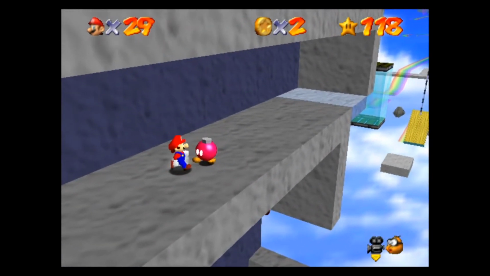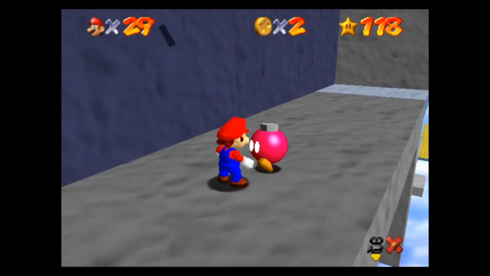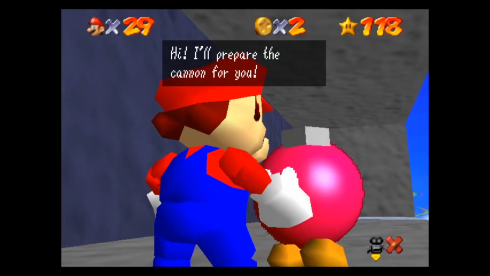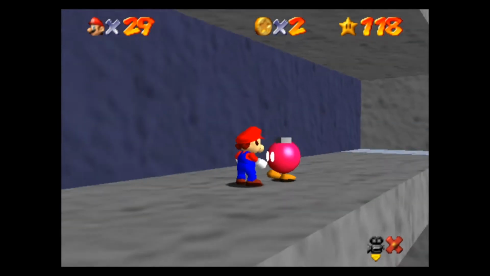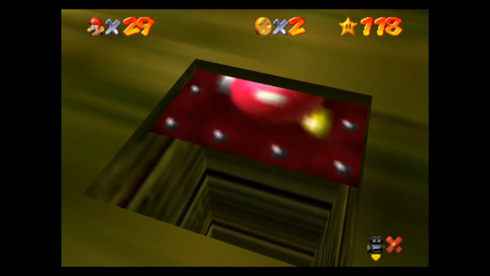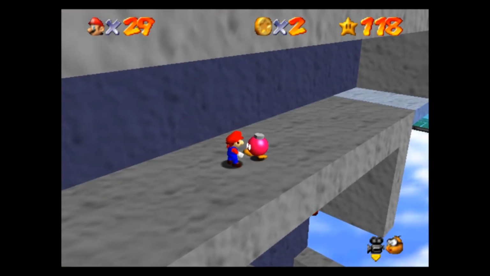And right up here is going to be our pink bob-omb buddy. I did not talk to him before, because I think I didn't win... no, I must have gone this way since I took the elevator. I just totally passed him by and didn't talk to him for whatever reason. I'm not 100% sure why I didn't take the time to just talk to him, but what we gotta do